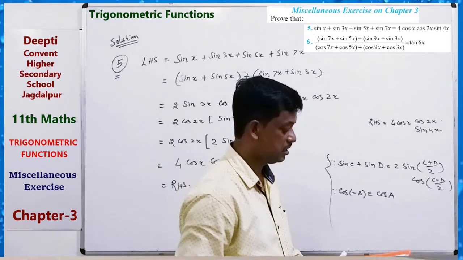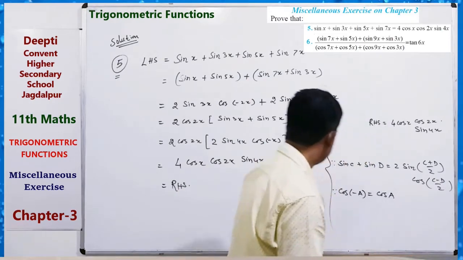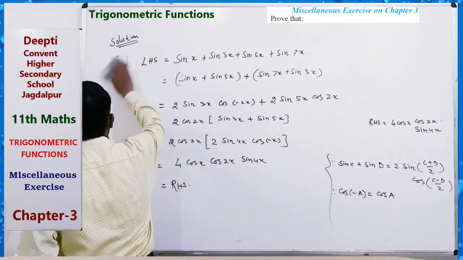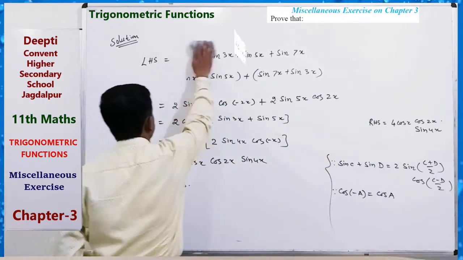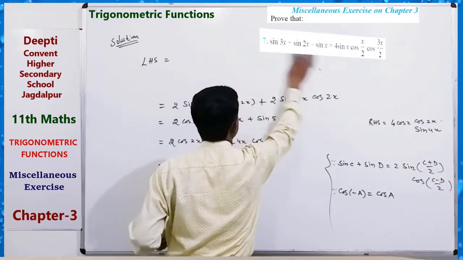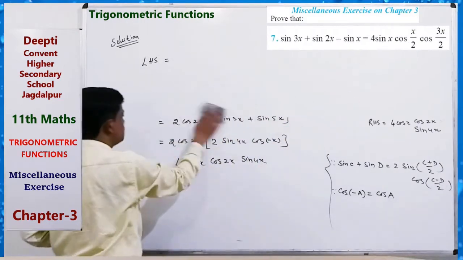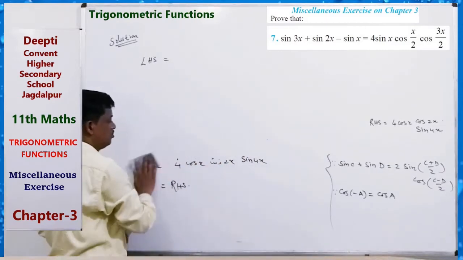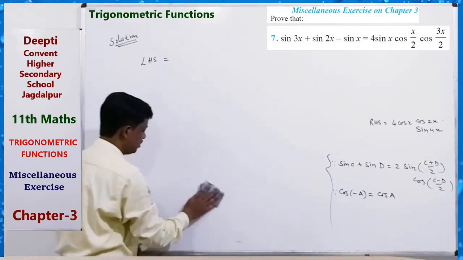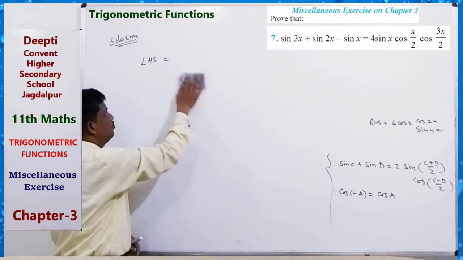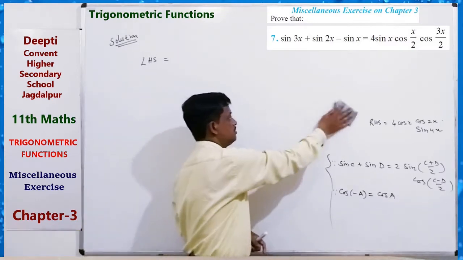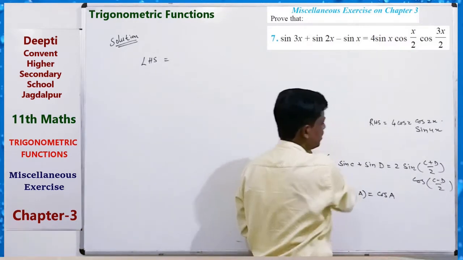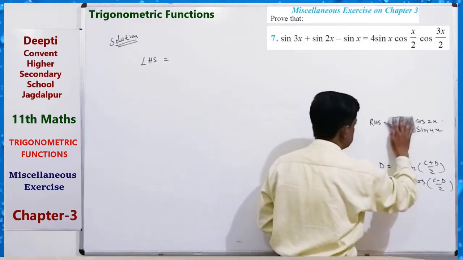Okay, question 6. Now take question 7. Question 6 is simple. Just use formula sin c plus sin d and cos c plus cos d. Then you can get the value, from which something may be taken common out of numerator and denominator, and then something may be cancelled, and then you can get tan 10x. Okay, so here